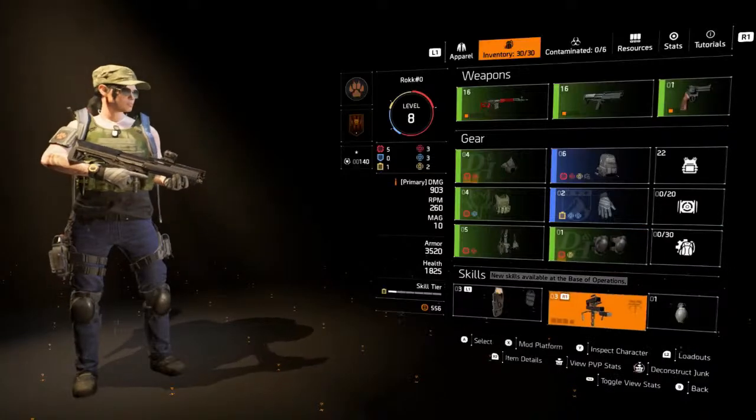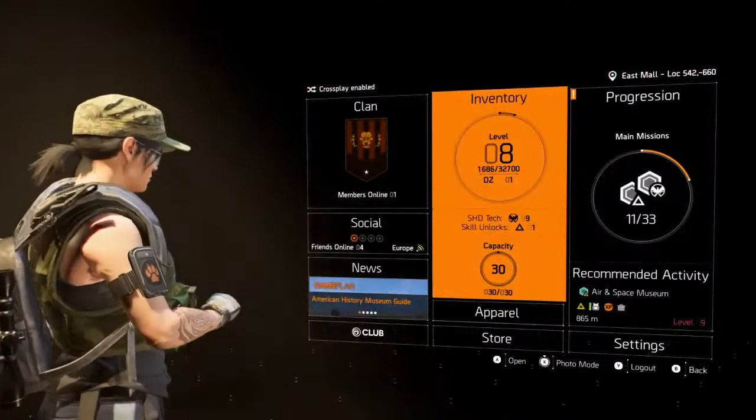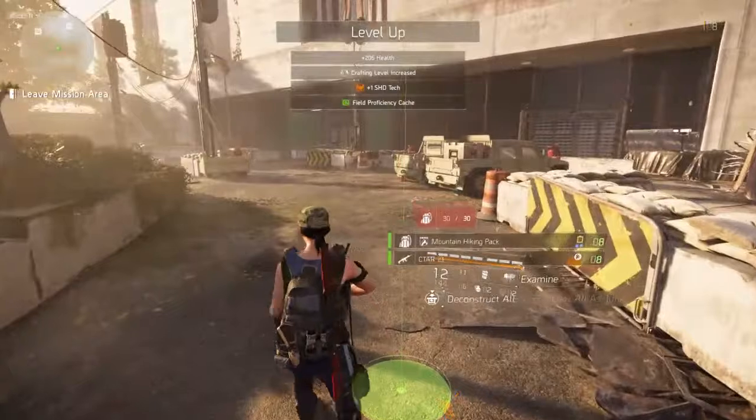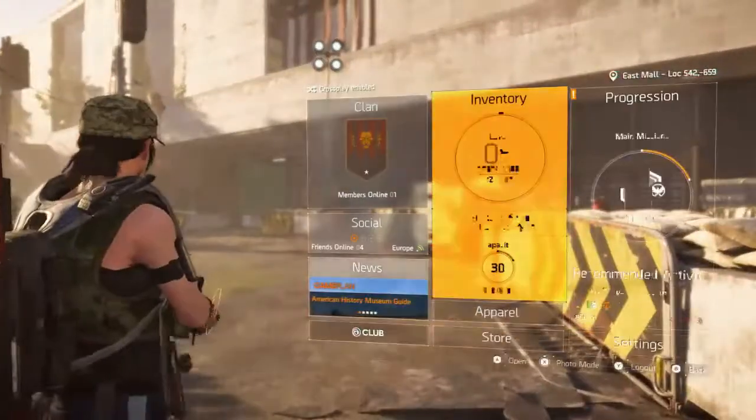We've got a new skill available at the base of operations, apparently. I'm quite happy with the 2 skills I've got. Right, good. Mission over. Oh, hello. Where'd you come from? Too much crap in my... Okay, let's go back and...